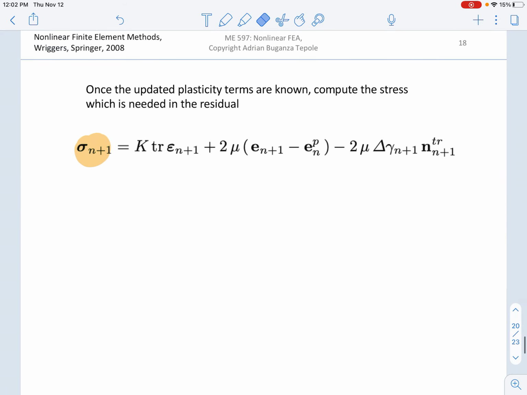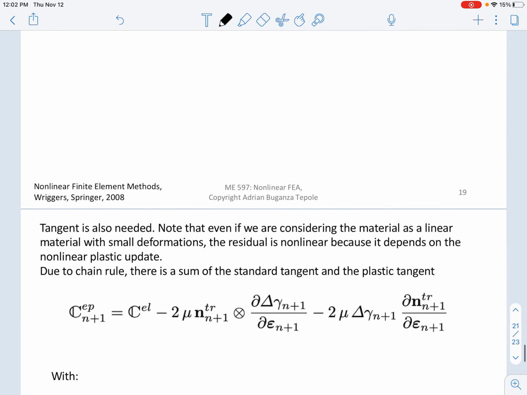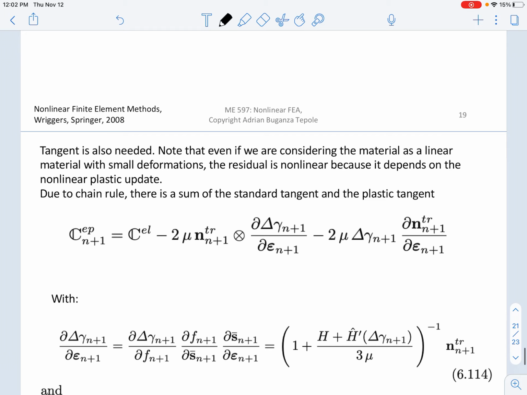So that explicit derivative of this with respect to epsilon n plus 1. So the explicit derivative with respect to the global strains. And then plus you need the derivatives with respect to the